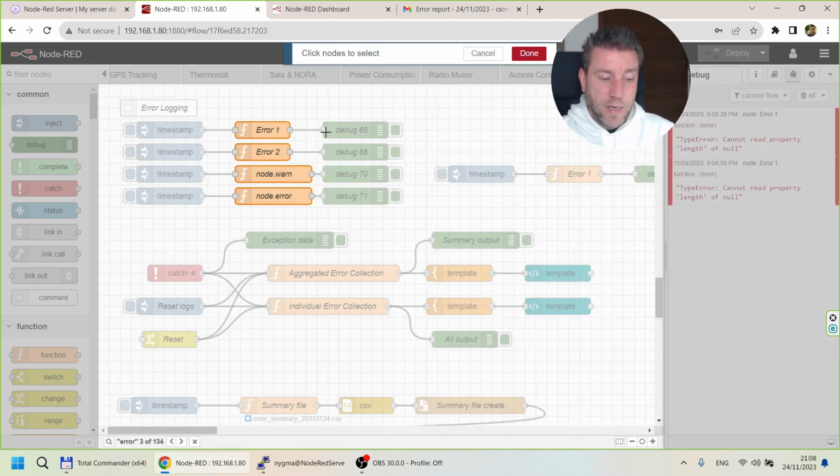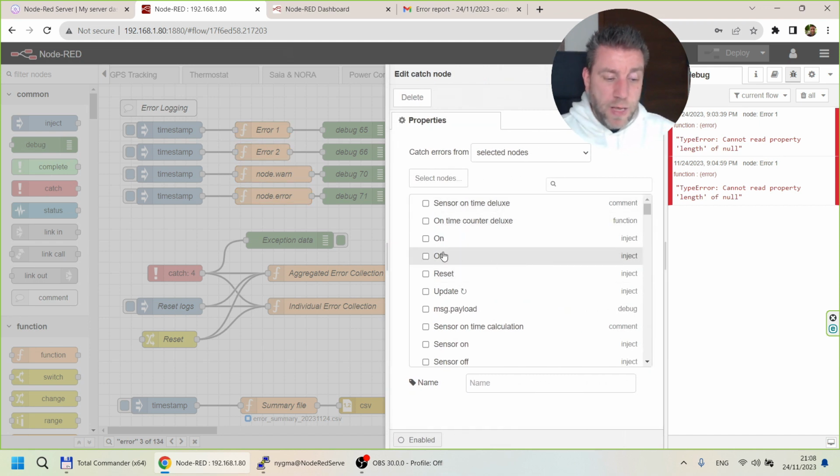What I have done is, you can see that I have specifically selected that it's going to handle exceptions on these 4 function nodes. And this is why this one, the copy, is putting all the exceptions here, because that one is not handled by this catch node. So you can do either way, and of course you can have as many catch nodes